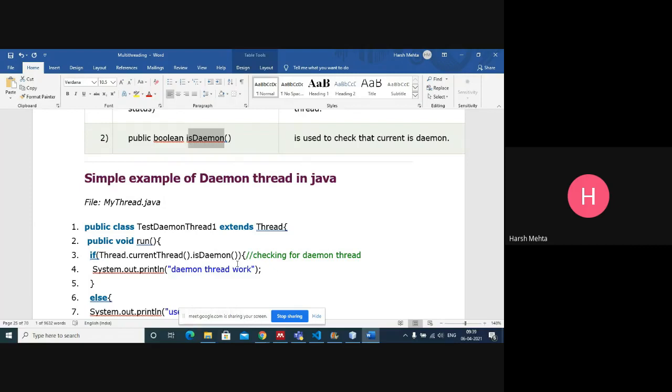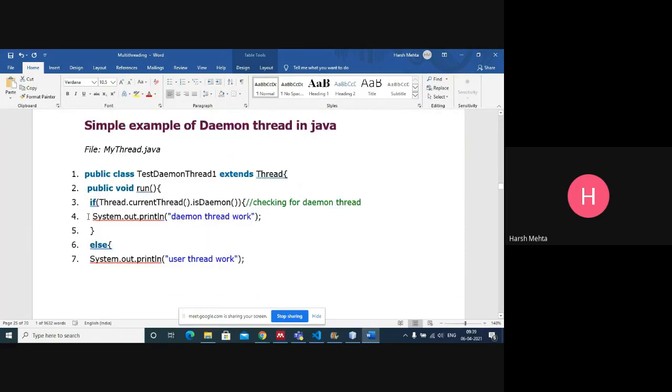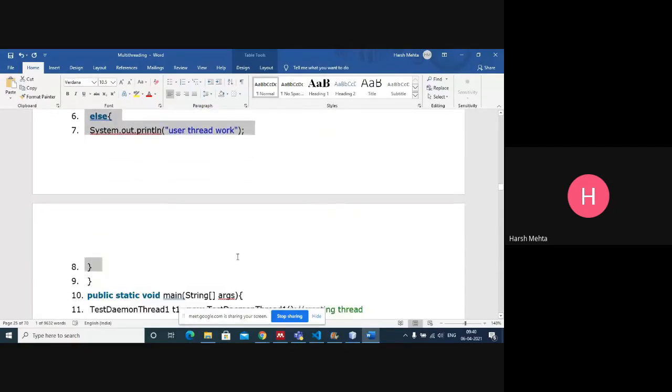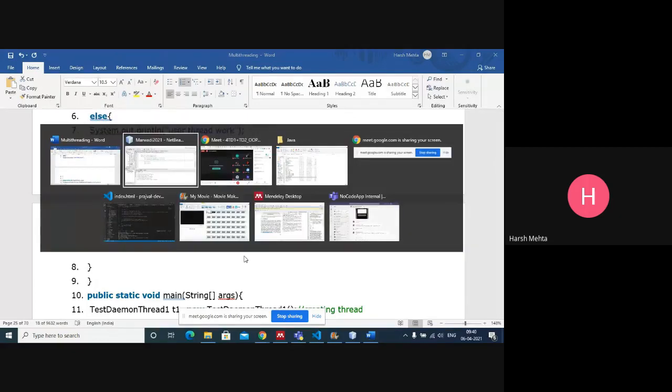So daemon thread. Let's run this public void run. Let me just copy, paste.